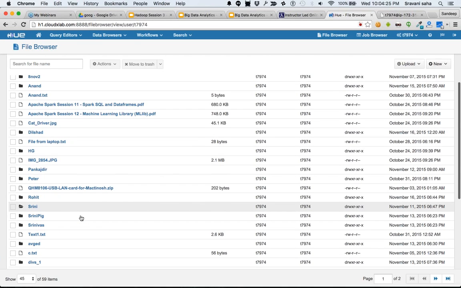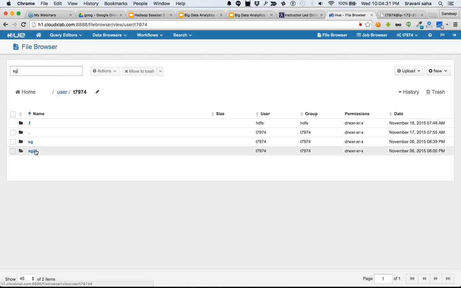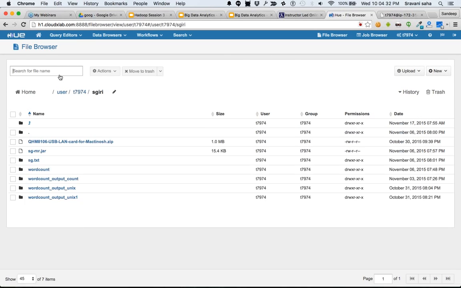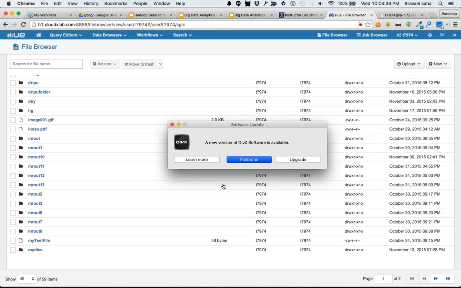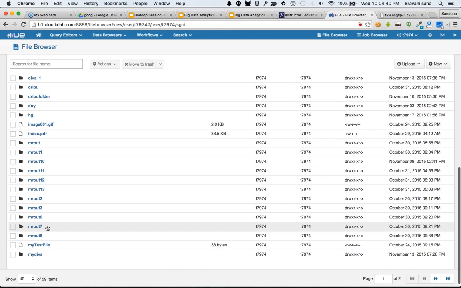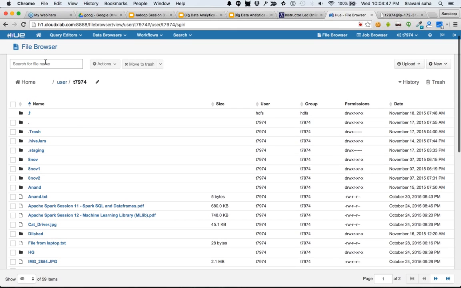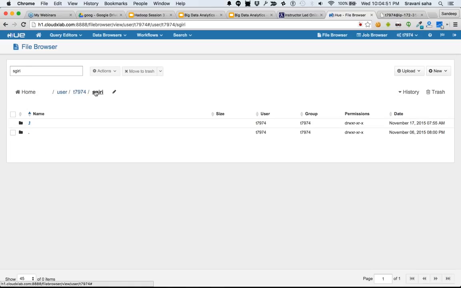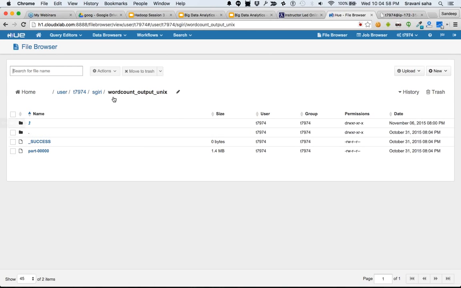So you can see here I'm inside Asgiri. There were Asgiri folders, right? Oh, I was already inside Asgiri. So here you can see word count output Unix. This is already there.